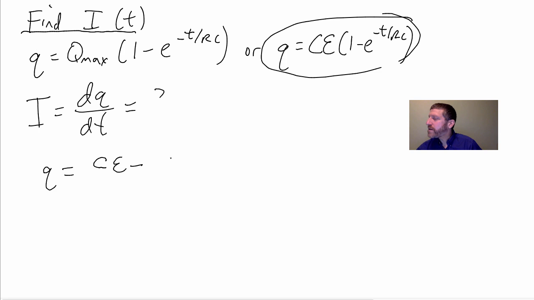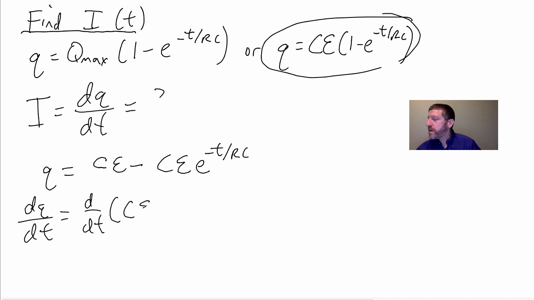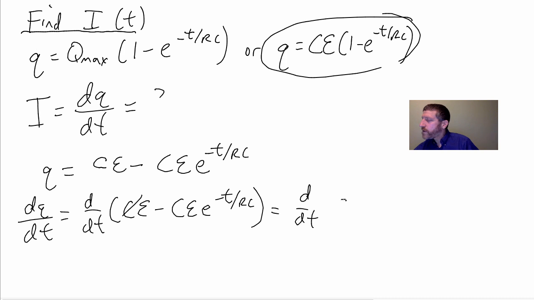CE minus CE times e to the negative t over RC, and then taking the derivative of that, dQ/dt is just equal to the time derivative of this whole mess, CE minus CE e to the negative t over RC. And notice that this is just a constant, so that just goes to 0. So we're going to take the derivative of this, equals d/dt of CE e to the negative t over RC, which is